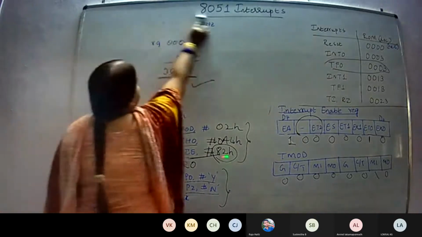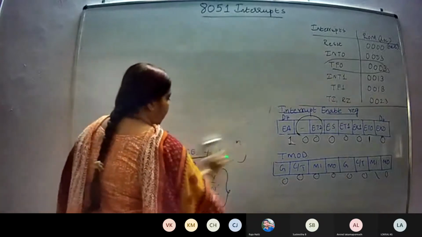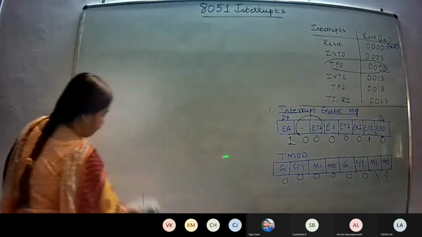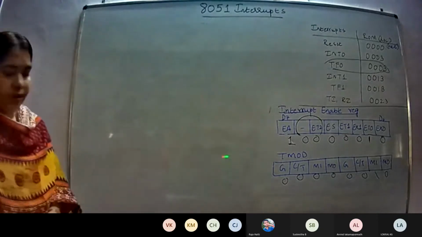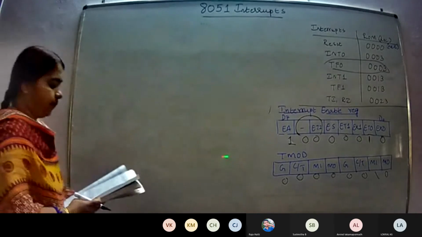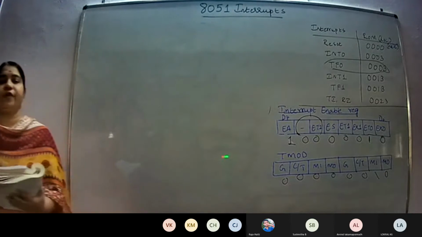So what are the fixed values that should be loaded in serial communication? Do you remember? In TMOD, SCON, some values don't change. First I will read the question. Write a program in which the 8051 reads data from P1, port 1, and writes it to port 2. From port 1 it will be writing the data to port 2 continuously, while giving a copy of it to the serial.